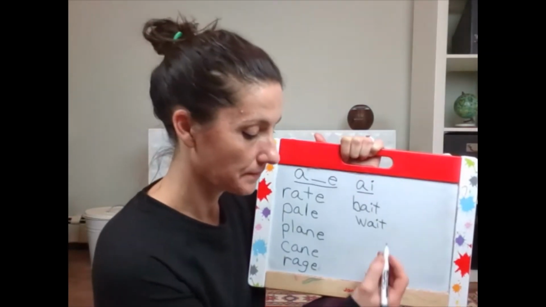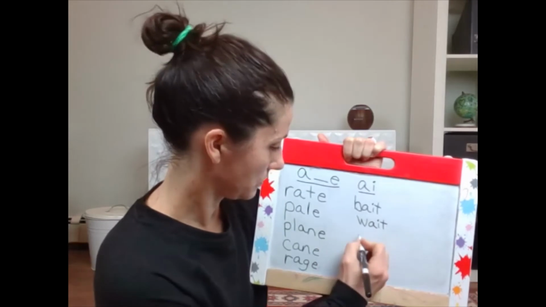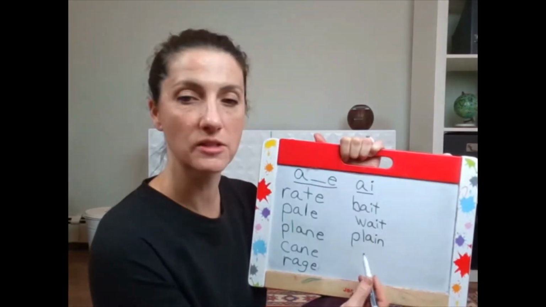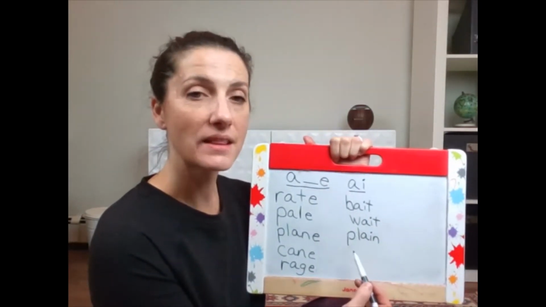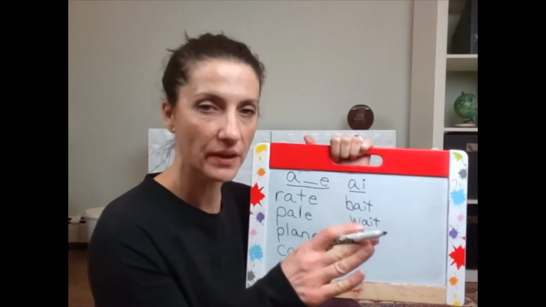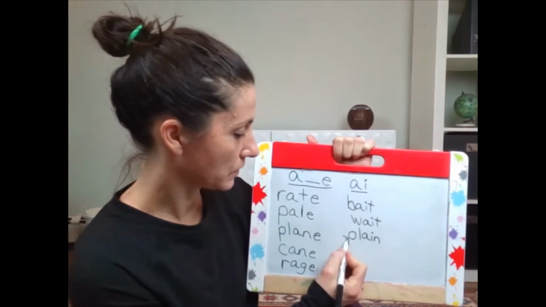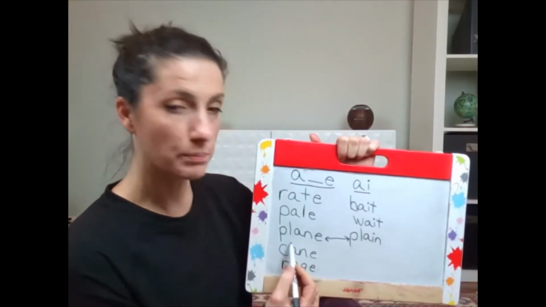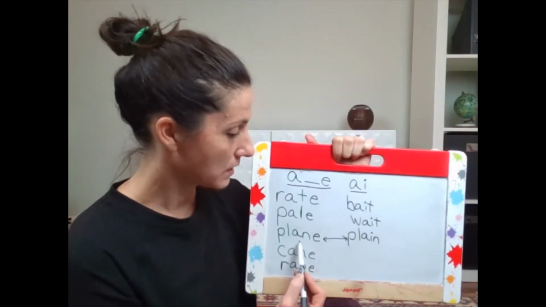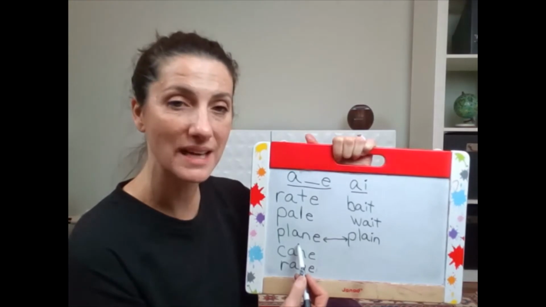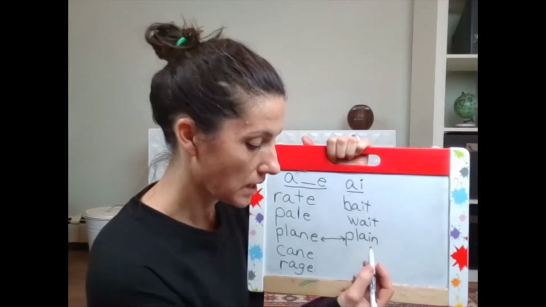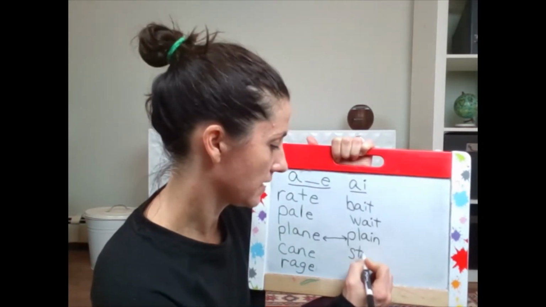W-A-I-T, wait. Now this one I want next to here. P-L-A-I-N spells plain. Now this plain is like, I'll have a plain bagel, right? Simple, nothing on it. Now, if you look right across, these are homonyms. This plain also is pronounced the same way because they both have that same long A, but they're spelled differently. This plane is like an airplane, and this plain means simple. Straight,